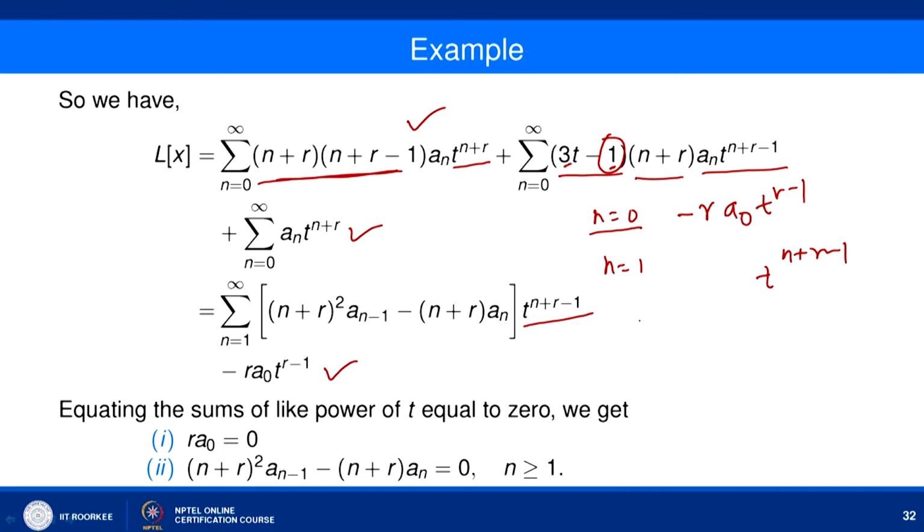So, the first term will give you n plus r minus 1 into n plus r minus 2, replacing n by n minus 1, into a n minus 1. Fine, and in the second, I can write 3 into n plus r minus 1, and again a 1 I am writing because of this, because this will not give a term like this. So, here we will get like this, this is a 1 plus, if you multiply minus here, then what you will get? It is n plus r